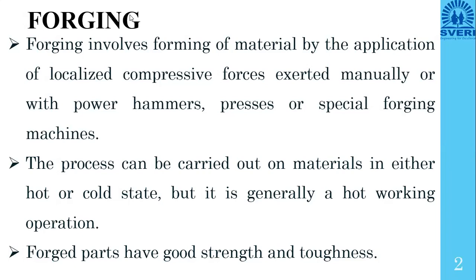Because if you look at the failure of materials, there may be ductile failure, brittle failure, impact failure. So different failures are there. Is it right? So toughness is nothing but the ability of the material to absorb the impact strength, or to absorb the impact energy. Okay, so that is called toughness, to absorb the impact energy. What is meant by impact energy?